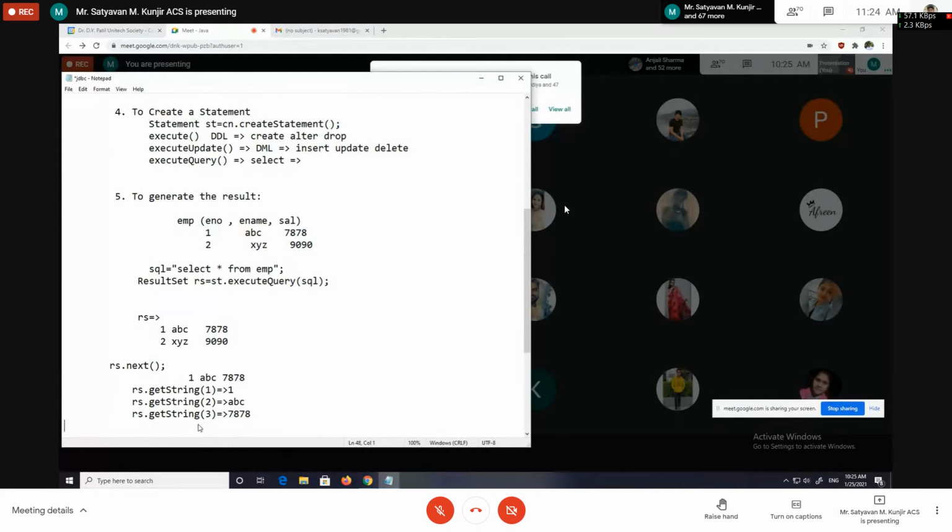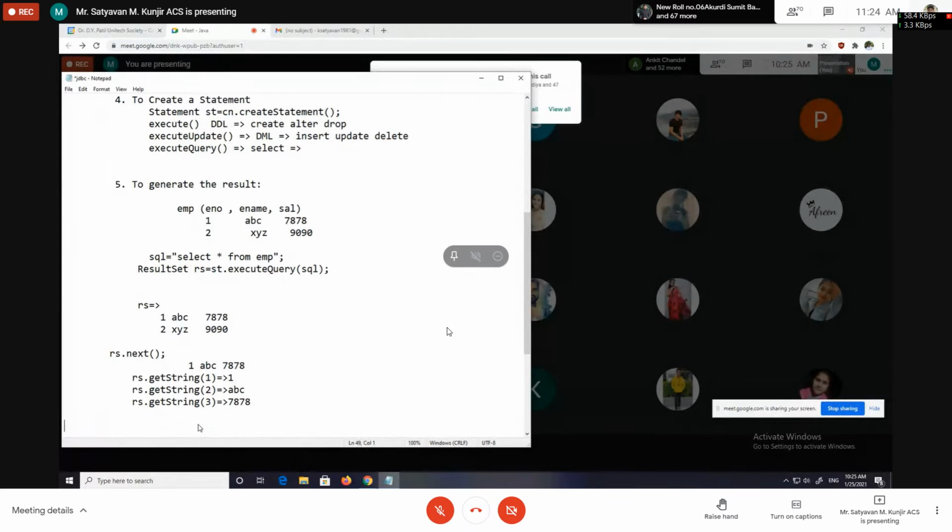Yes, sir. What is the use of the next method? We can read data row wise. Yes, very good. Then what is the use of the getString method? Fetching data column wise. Yes. Then what is that one?